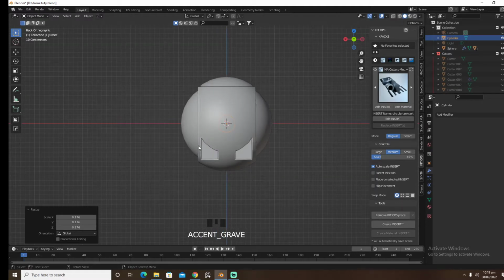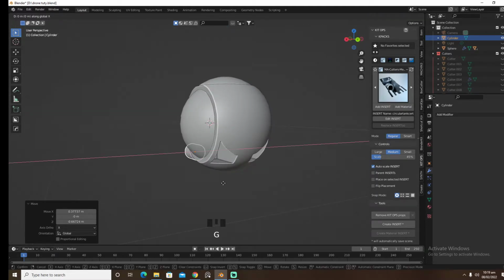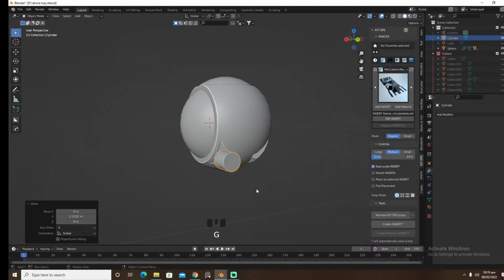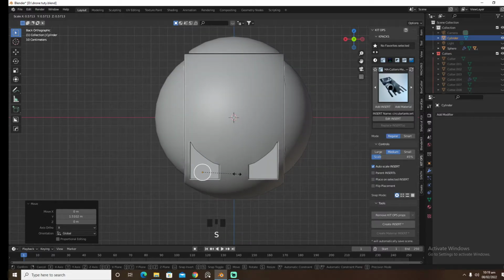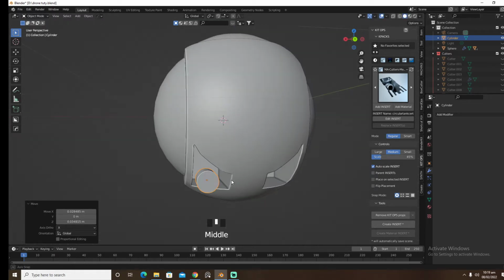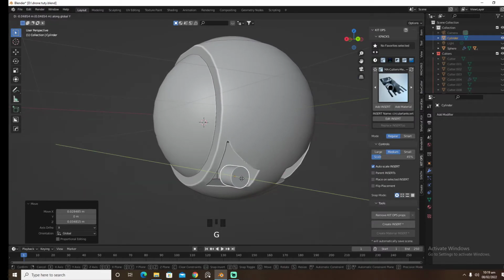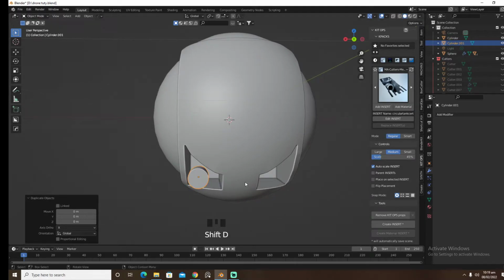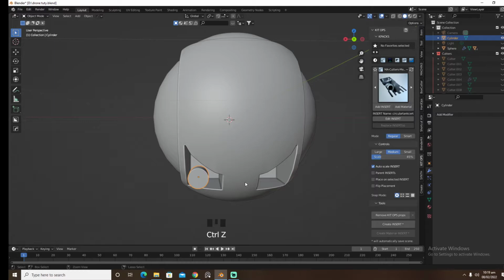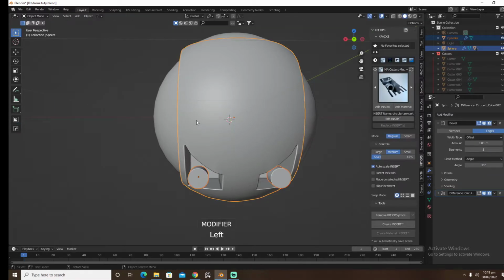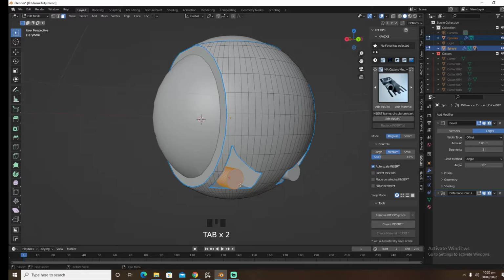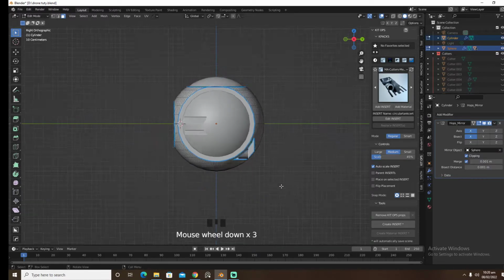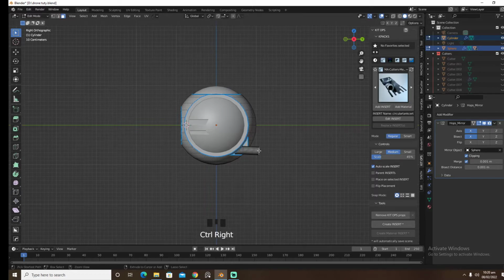Scale it down. Let's go to the back side, let's bring it here and bring it somewhere right about here. Scale it down, bring it somewhere right about here, and we're gonna bring it inwards to right about here, and we're gonna shift D this, or maybe we'll just mirror it to the other side, and we're gonna select this face. We're gonna go to the right view, we're gonna press left control, and we're gonna do this